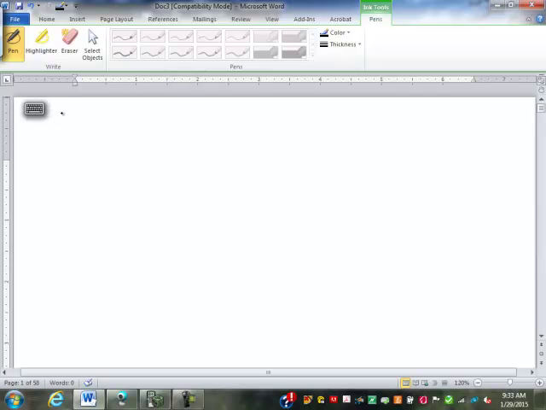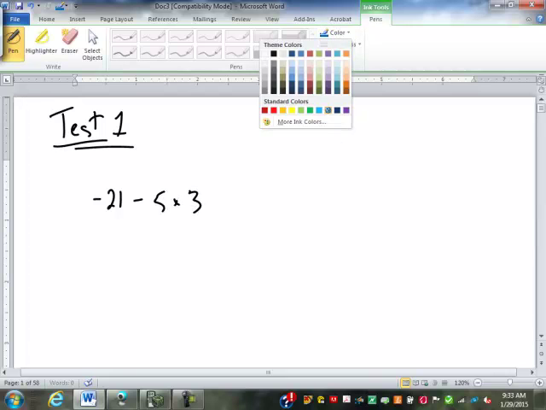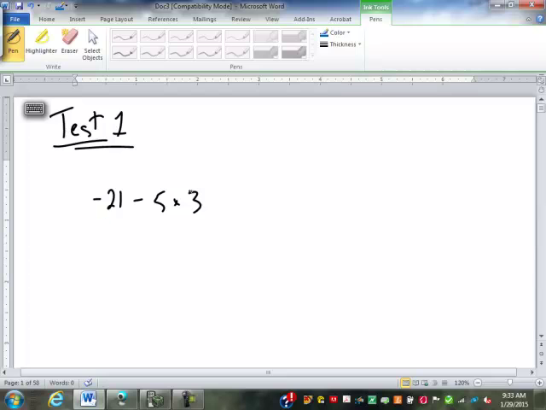So we are looking at test 1, going through some of the problems. You're looking at number 3. We're going to start out just by doing the top of that problem, which is the negative 21 minus 5